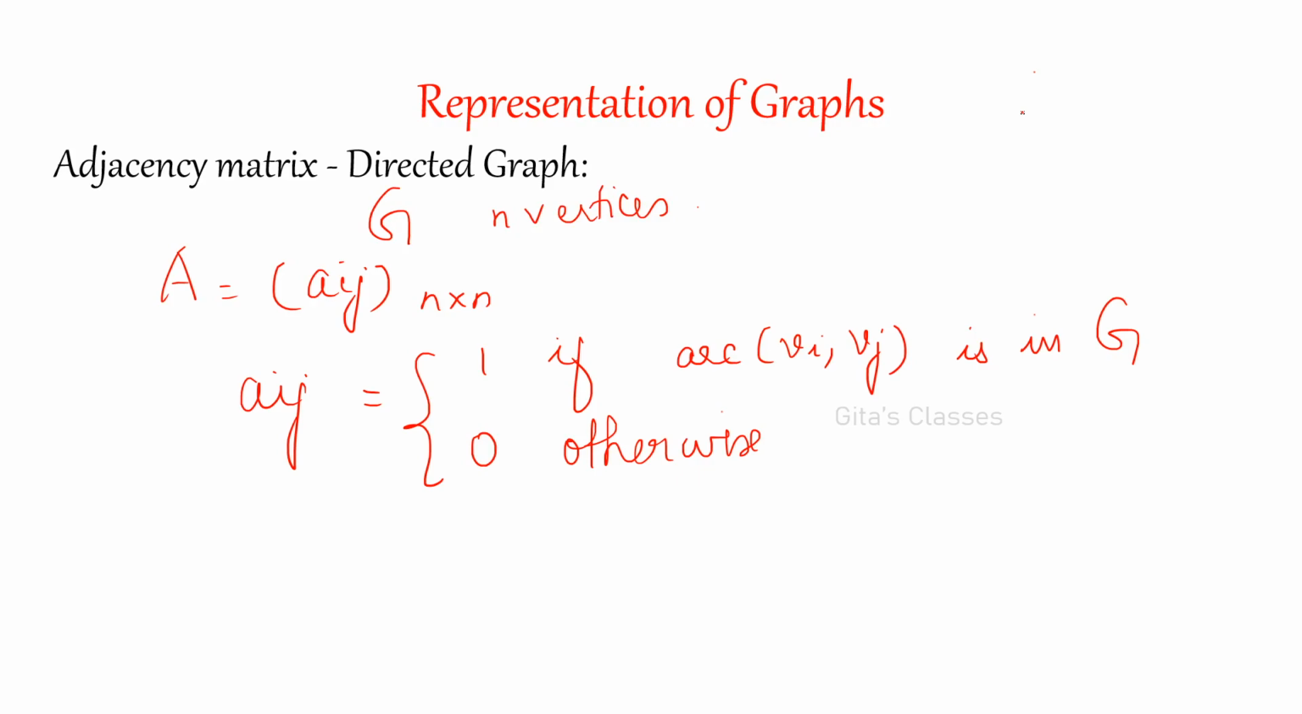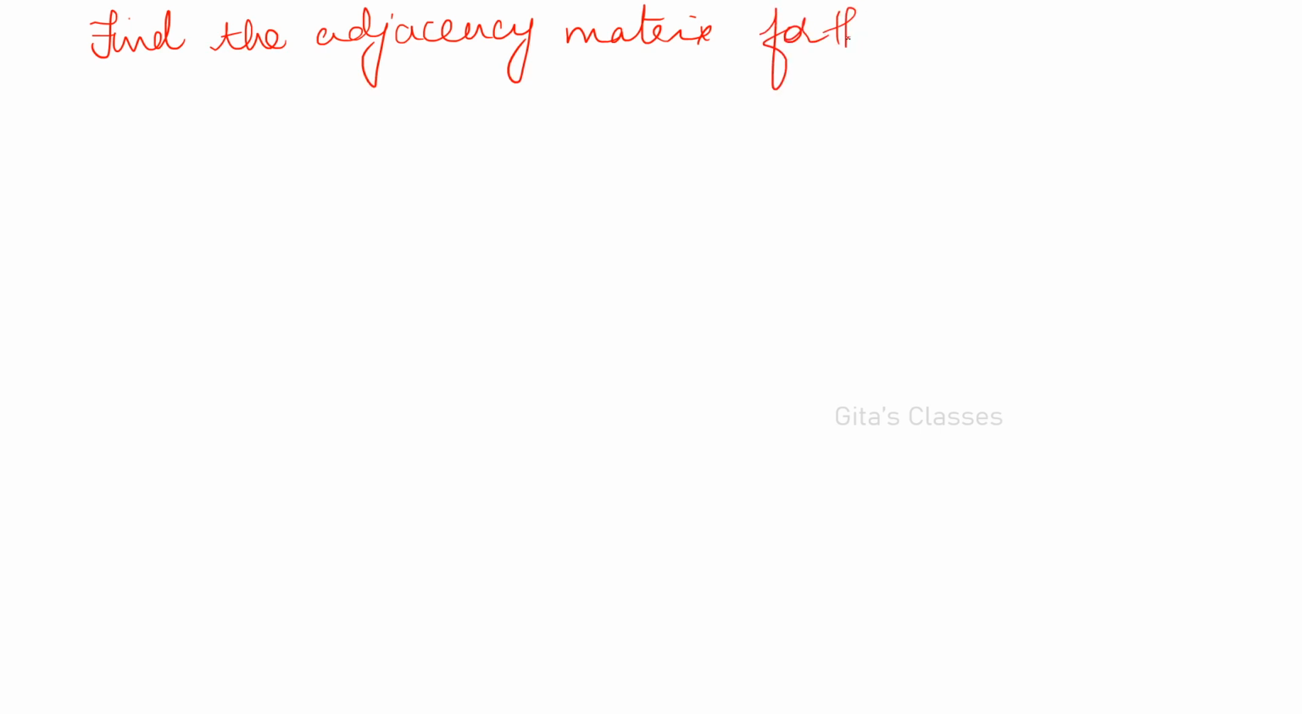Okay, so let us see some examples. Find the adjacency matrix for the following graphs. If the matrix is given, you should be able to draw the graph, and if the graph is given, you should be able to write the adjacency matrix. Find the adjacency matrix for the following graphs. So first one,